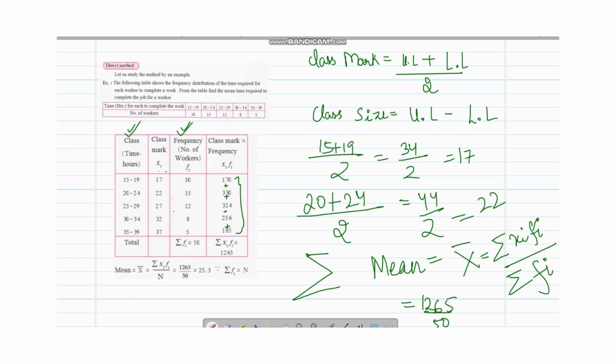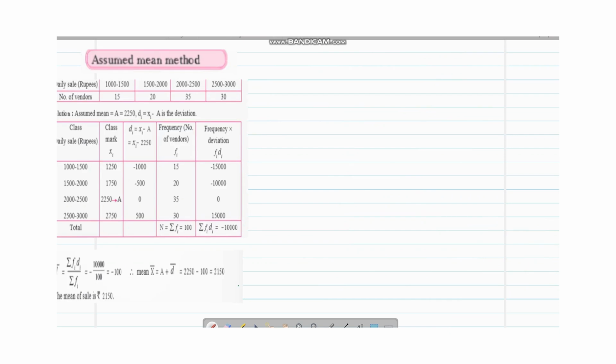अब इसको ही simplify करने के लिए, calculations को कम करने के लिए next method use किया गया जिसे हम बोलते हैं assume mean method. ठीक है, उसमें आपके calculations को और कम कर दिया जाएगा. जैसे यहाँ पे multiplication में बहुत बड़े numbers भी आ सकते हैं अगर हम direct method use करते हैं. लेकिन जब बहुत बड़े numbers होते हैं उसमें हम step deviations या आपका assume mean method use करते हैं ताकि calculations कम हो जाए. This is your assume mean method.